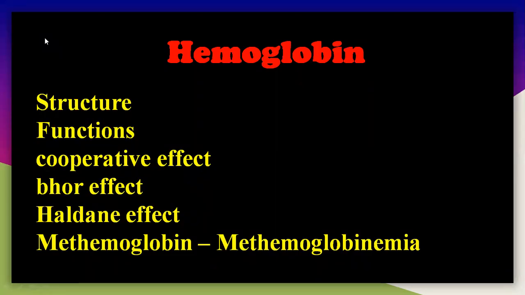So, guys, in the last class, I told you about the functions of hemoglobin, and now we'll discuss the basic structure and the chemical part of hemoglobin. In the last lecture, I told you about the biological part, how it transports oxygen from the lungs to tissues, and carbon dioxide from tissues to lungs. Now we have to discuss the chemistry of hemoglobin, that means the exact structure of hemoglobin. So we will discuss all these things in this lecture.